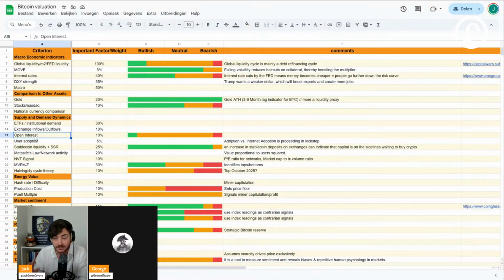So the open interest to me is also super important. And I think this was one of the reasons why we saw the drop. Last week, there was a lot of open interest and I was expecting a flush. It was bound to happen. A lot of people were too excited. There were friends of mine who were asking, should I buy Bitcoin now? Everyone thought it was going to be super easy. I'm going to go leveraged long.